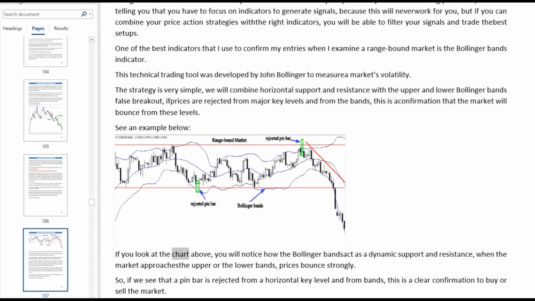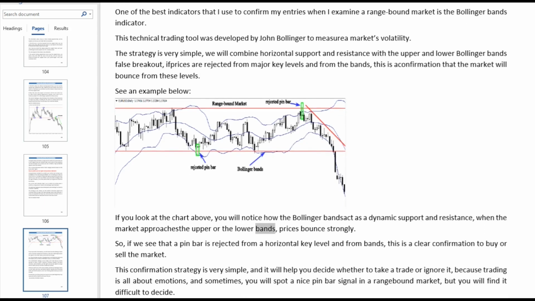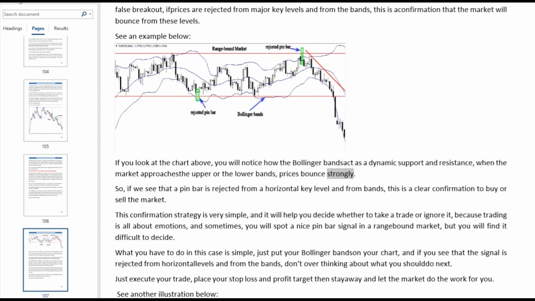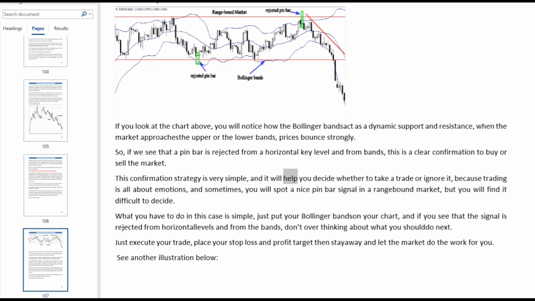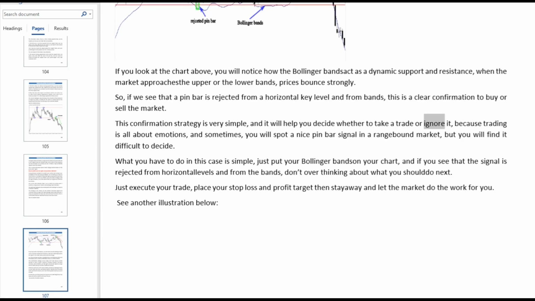If you look at the chart above, you will notice how the Bollinger Bands act as a dynamic support and resistance. When the market approaches the upper or the lower bands, prices bounce strongly. So, if we see that a pin bar is rejected from a horizontal key level and from bands, this is a clear confirmation to buy or sell the market. This confirmation strategy is very simple, and it will help you decide whether to take a trade or ignore it,